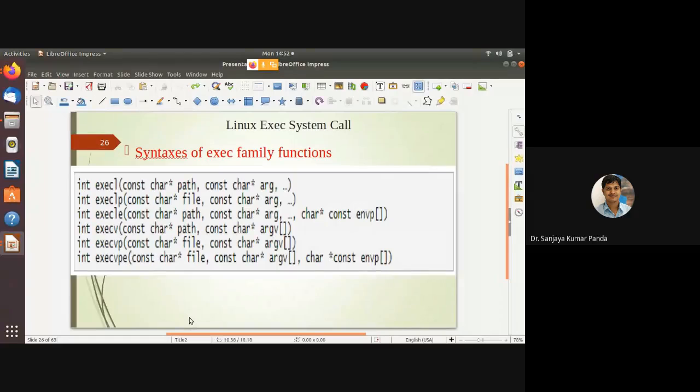Now come to the syntax. So this is the syntax part. See, let me call this the first statement, second, third, fourth, fifth, sixth. In which case are you using array of pointer? Can anybody write in the chat box? Out of these 6 statements, in which two statements are you using array of pointer? Array of pointer.